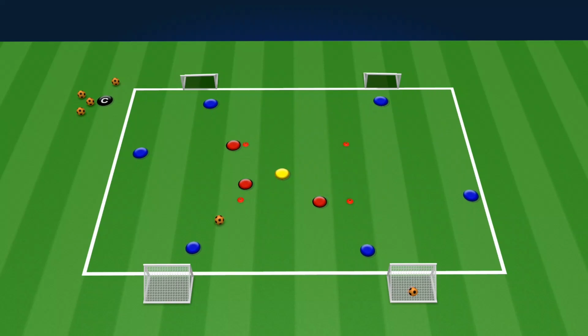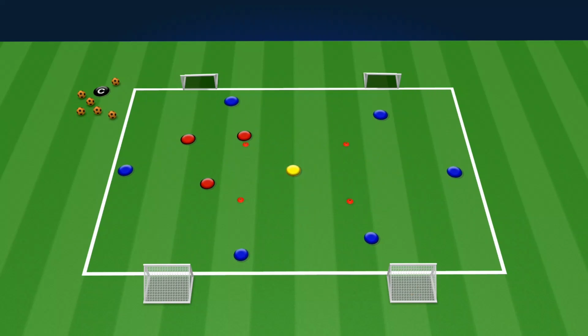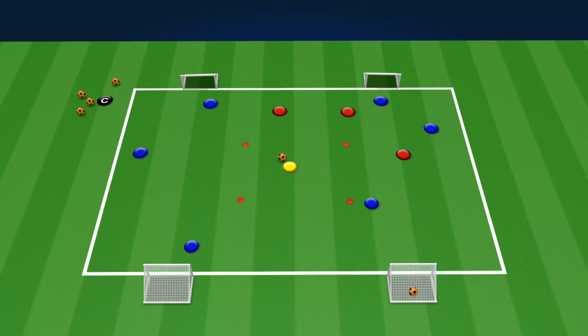The possession team's goal is to move the ball through the pivot player positioned centrally to the opposite side of the field. Should the defensive players win the ball, they can score on any of the 4 goals that are surrounding the field. Coaching points for this exercise: ensure players on the strong side recognize when and how to switch